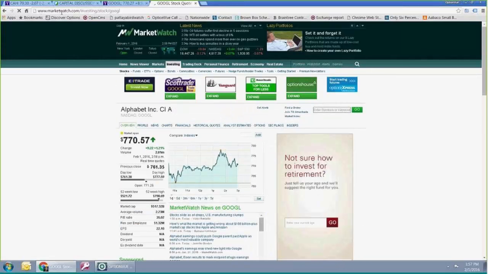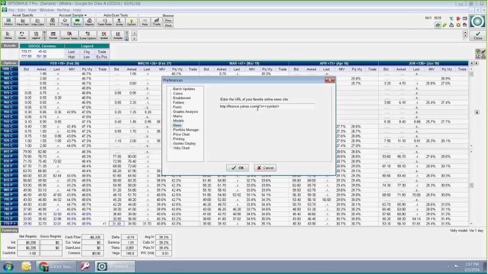You'll see up here it says MarketWatch.com investing stock /Google. So you just need to copy this and paste it in your program, and just leave this last part from the question, like this Q question mark S symbol. That's where it's going to put it in. Yeah, I put the one I use for Zacks News in the chat.